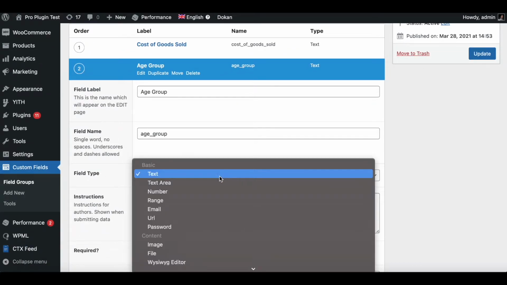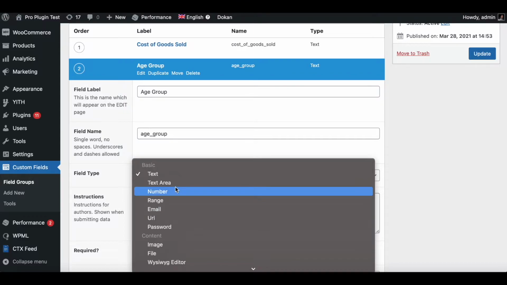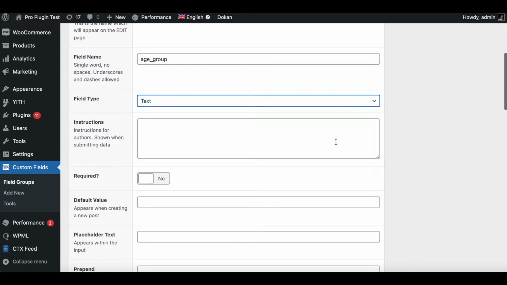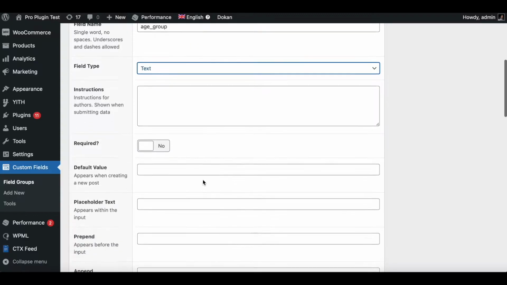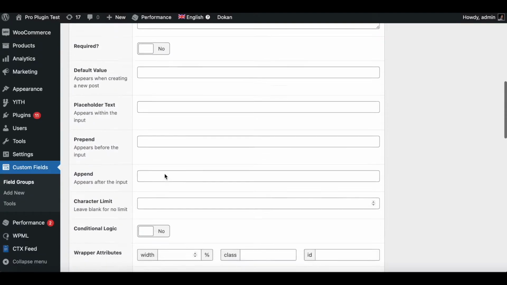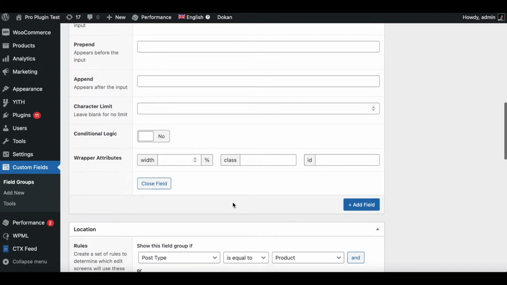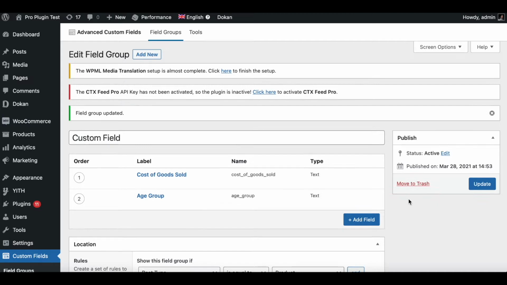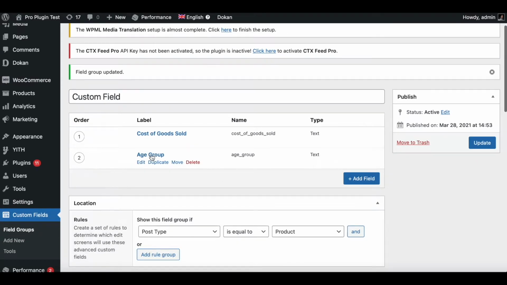As you can see under field tab, we've got all these different options, but for now I'll just keep it simple and keep it as text. You also have other functionalities, like you can toggle this on and off, which makes the custom field required. That means when you're creating a feed, you will definitely need that field to be populated. Now we have all these other options as well, but for now I'll just keep everything blank and I'll just go and update this. Once you update it, as you can see, this comes up under your custom fields.